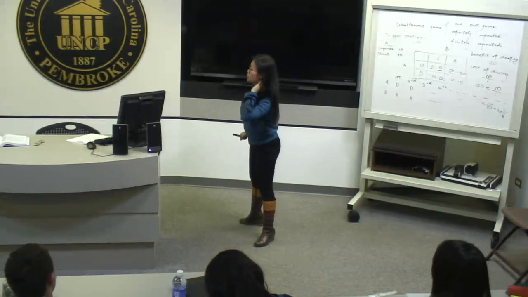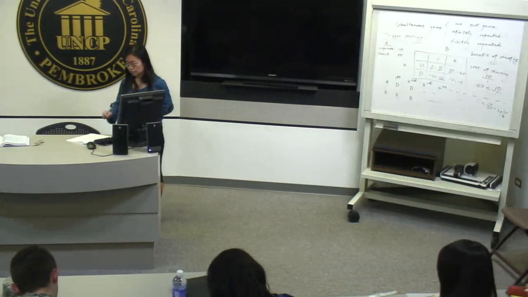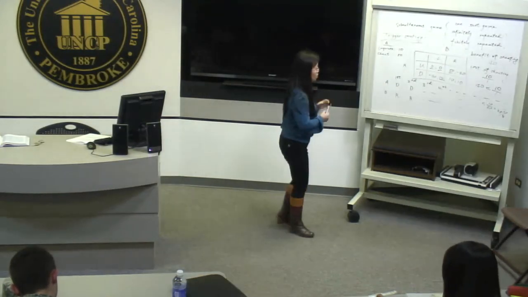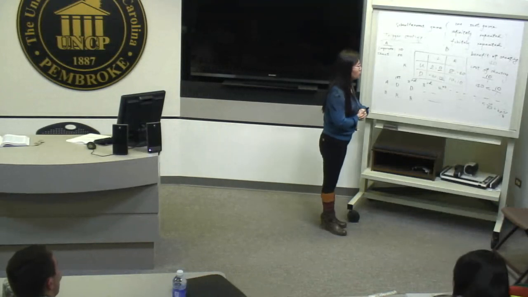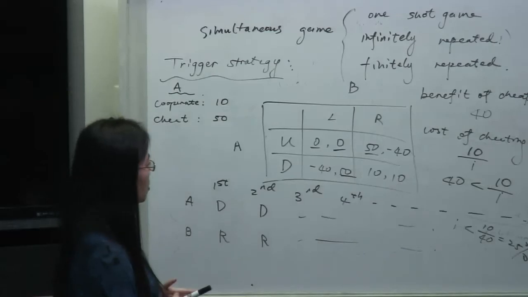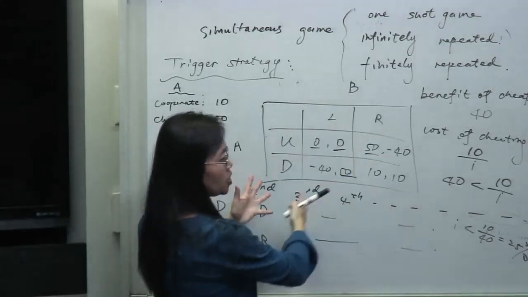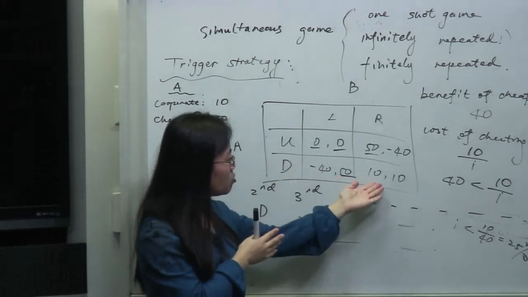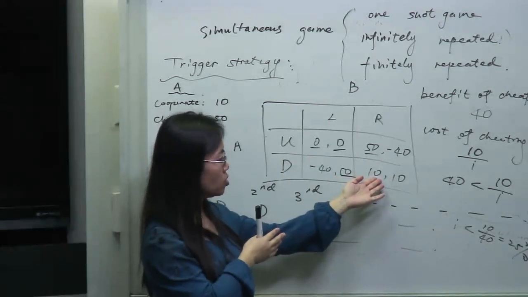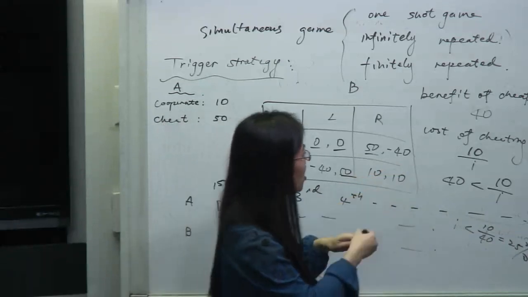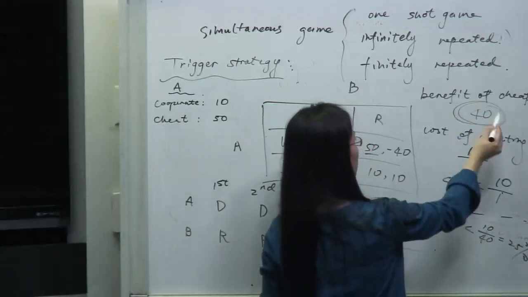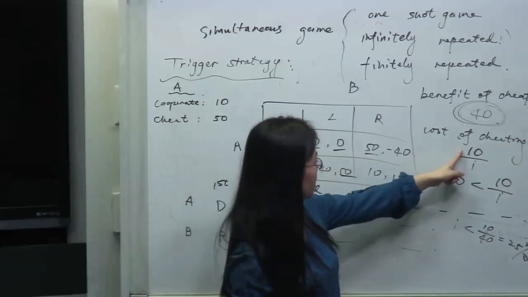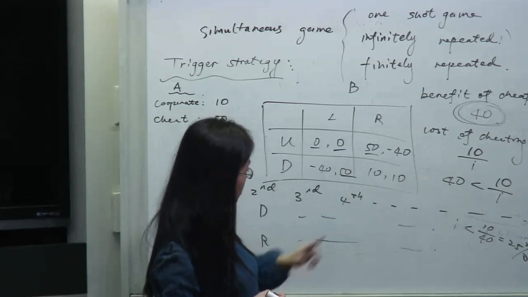We have 15 minutes. So what you need to do is, when you solve the problem, you construct this box here. That's just one for the one-shot game. And then you determine what's the Nash equilibrium and also what's the cooperative outcome. Then if you look at this number here, this is the difference between these two here, right? And this 10 here is the outcome of what?